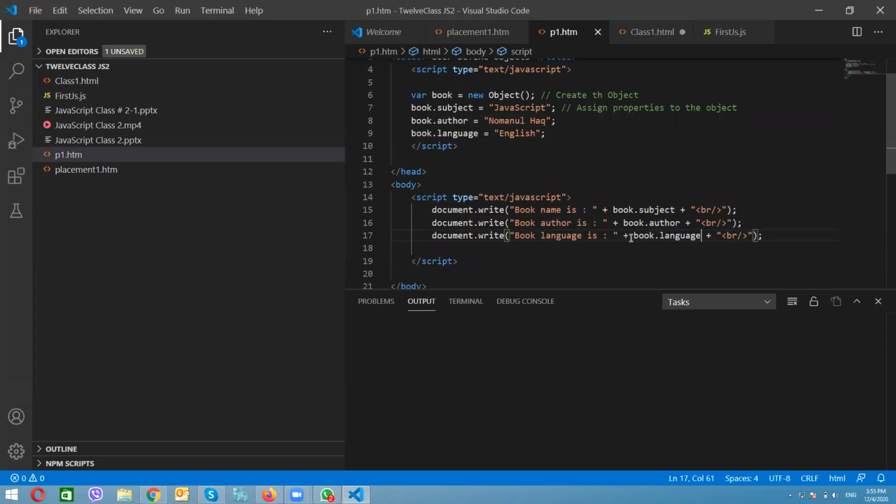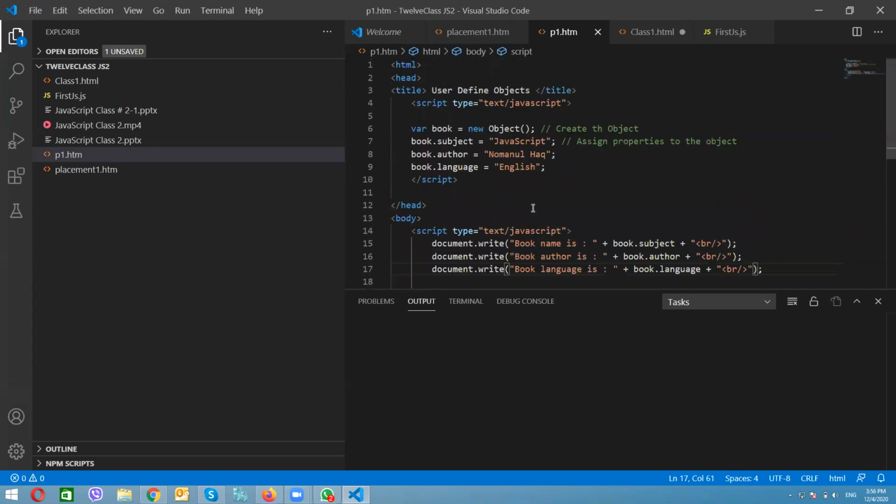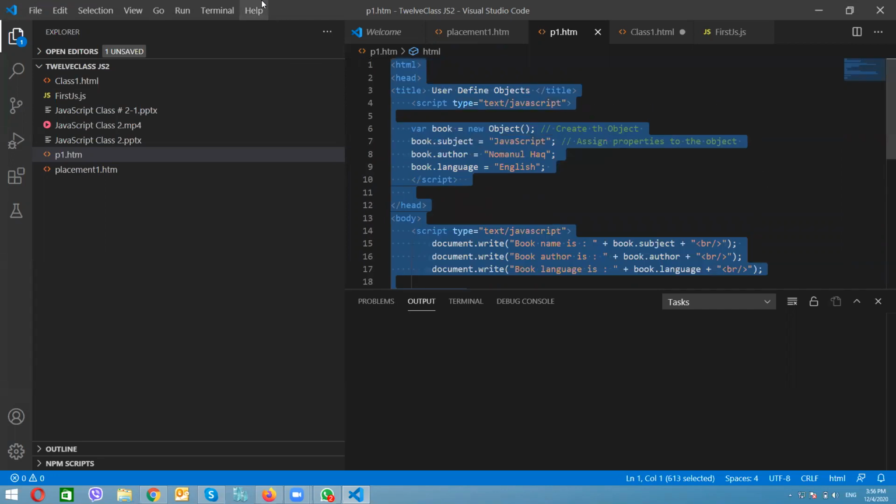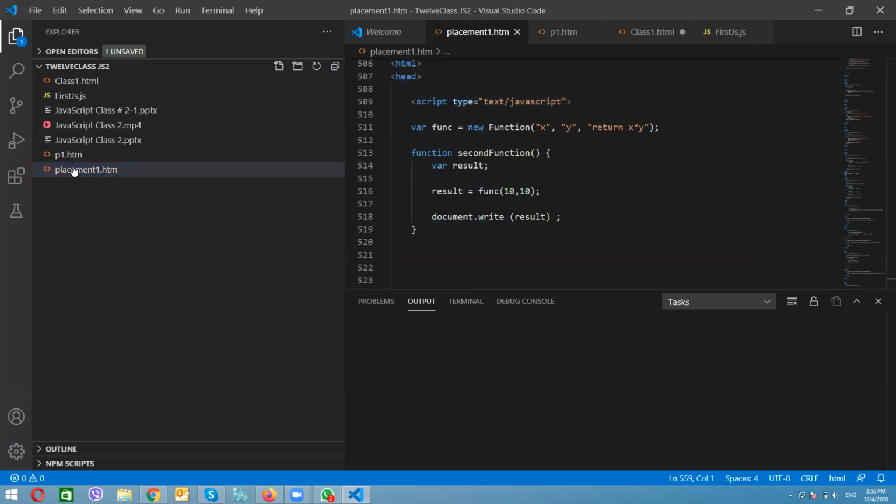Now let's learn the second example. In that example we will learn how to create an object with a user defined function. Here we are going to use the keyword this, which is used to refer to the object that has been passed to a function. Let us see what that is. You can get rid of all of this. Let me copy and paste that one over here.